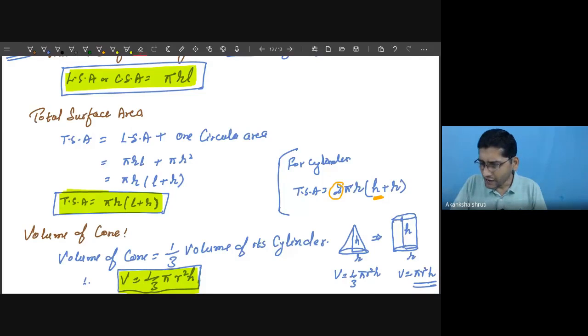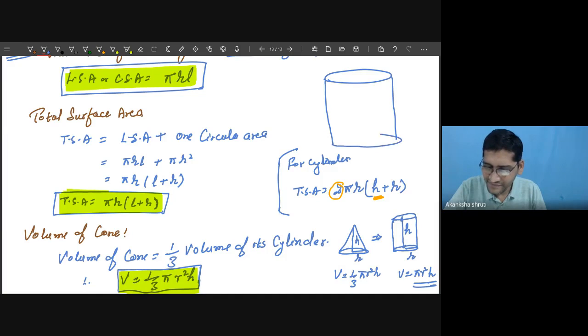So students, how this cone is obtained from a cylinder, you can understand like this. Consider a cylinder like this one. You may consider the two centers, let us consider this as P and this as Q. Now if you join any of this, the cylinder gets converted into the cone,